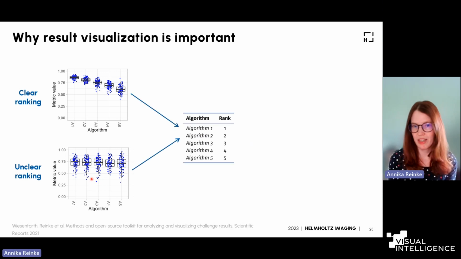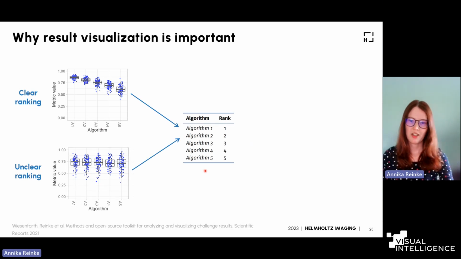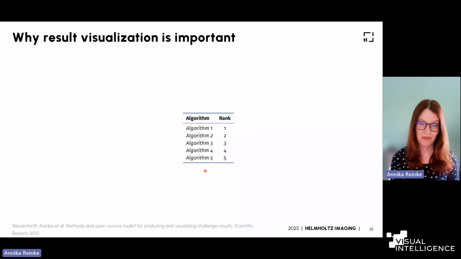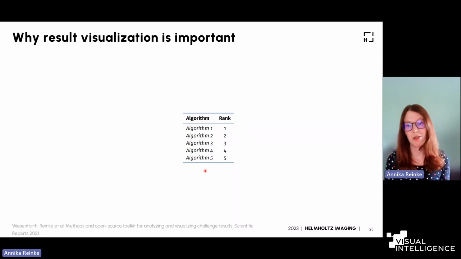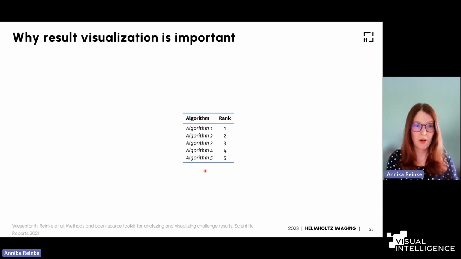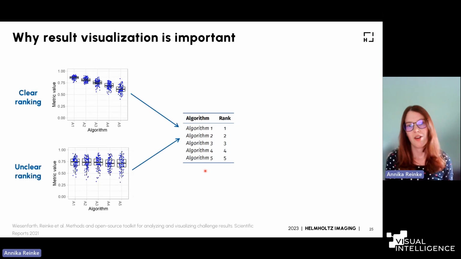If we now compute a ranking, we see that both of them would yield the exact same ranking table. The problem about this is that we often in publications only have ranking tables. And with only this, we're not able to interpret the results. We don't know whether the winner is really superior to the others or are they very close. So already these simple visualization techniques are a very great step to interpret our results.